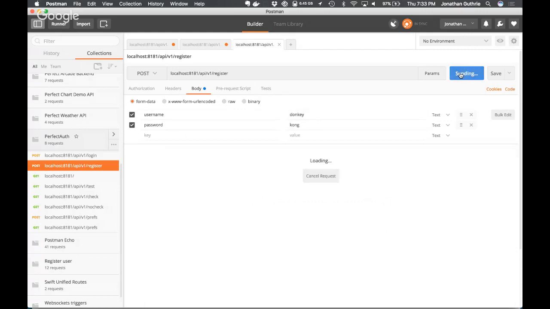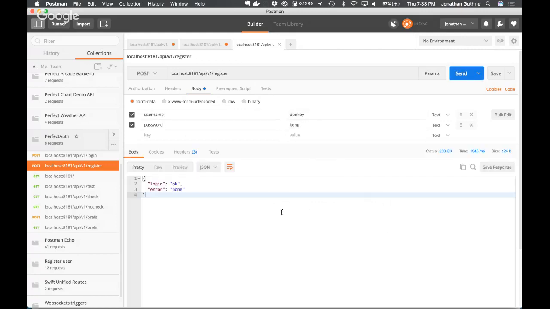I send that and I get back the login, error none. Interestingly, it has registered, but it hasn't reflected back the user account ID. It probably should, and that's probably an improvement I'll make later on.